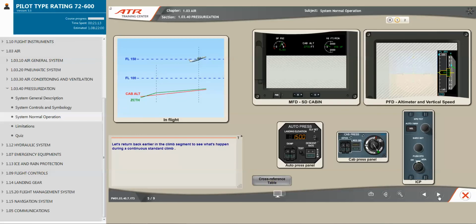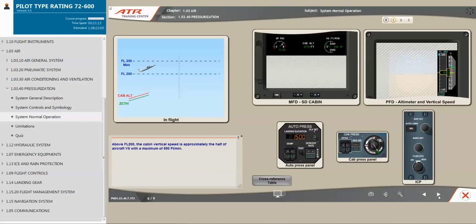Let's return back earlier in the climb segment to see what happens during a continuous standard climb. The cabin vertical speed is still the third of the aircraft vertical speed. Above flight level 200, the cabin vertical speed is approximately the half of aircraft vertical speed, with a maximum of